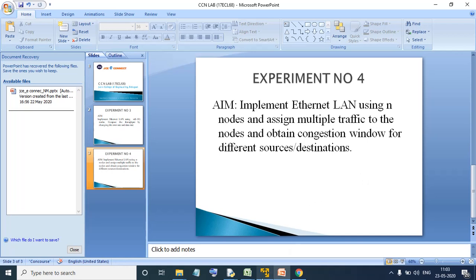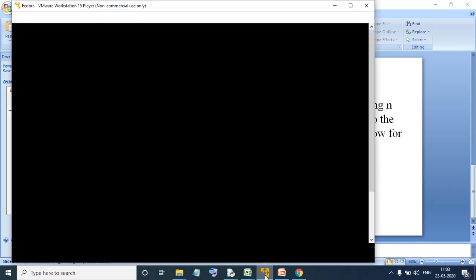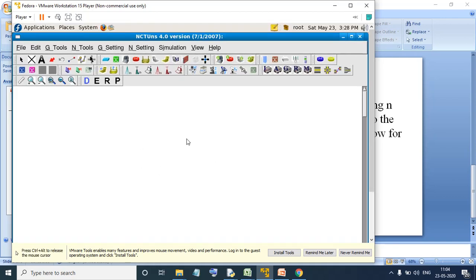Going ahead, we'll directly jump to the virtual environment, where you know the steps involved in starting it. If you have any doubts, you can go through the videos of experiment number 1 and follow the steps told there. You go through the dispatcher, coordinator and NC2NS client. Once you go through all those steps, you will get this screen where you will be doing your work. This is the tool which you will be using.